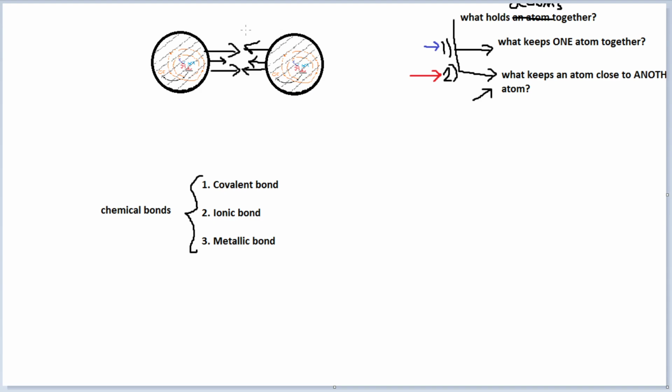Okay, so these arrows that I've drawn here, they don't represent anything in particular. I'm just showing you that this is some kind of force holding these two atoms together. I'm not saying there has to be 3 of them or 6 of them, or that they have to come in pairs. I'm not trying to say anything about them at all. I'm just trying to say there must be some kind of force. Maybe if that's too confusing, I'll try this. Let's try and make it real simple. I'll do something like this. Okay, here's an arrow there, and then there's the other arrow on the other side. Okay, that top part's not the best.